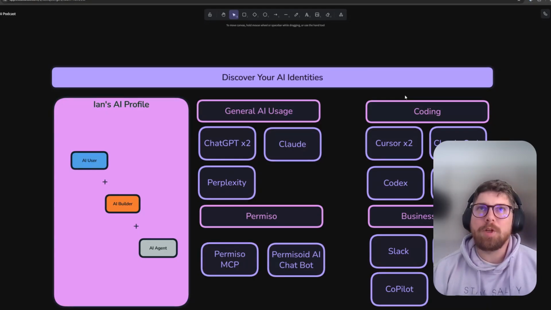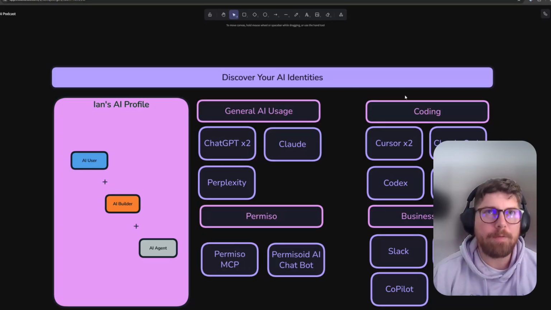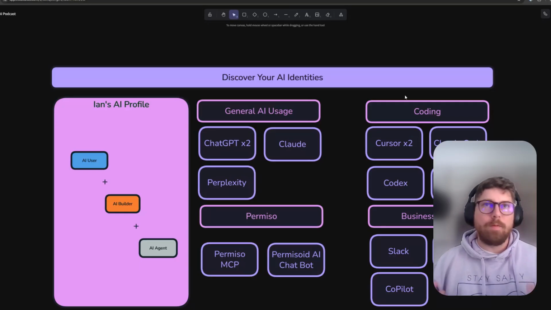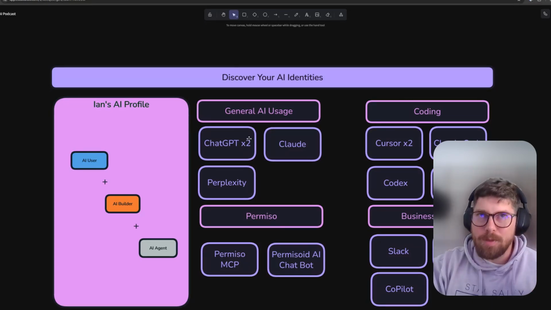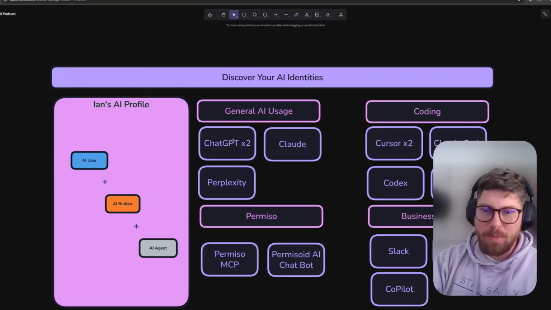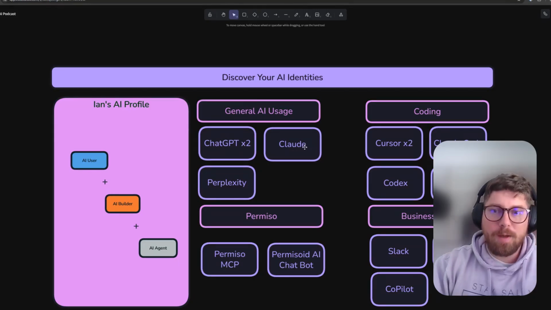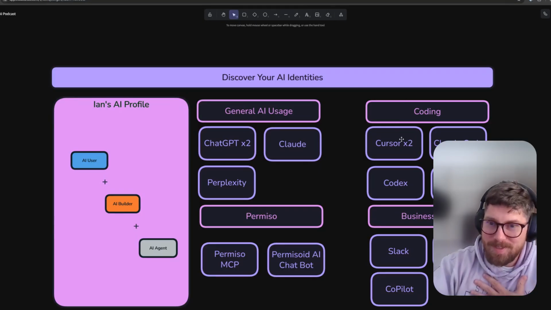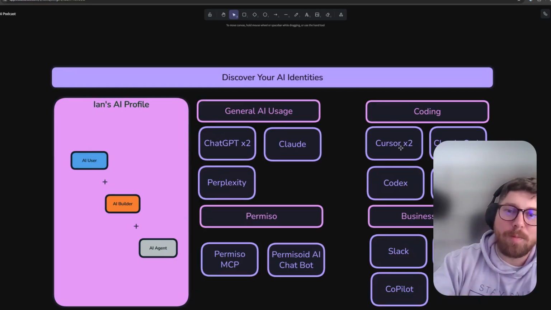So when I started trying to really understand how I could know an organization's real AI footprint, naturally I started off with my own AI footprint. I'm an early adopter. I use a lot of AI-related stuff, and we'll call it out up here. In my general AI usage, I have a federated ChatGPT access through Permiso that I use. I also have my own personal ChatGPT account. I do the same thing for Claude, so I should put a ×2 here. I have my own personal one, and I have a Permiso one. I use Perplexity. On the coding side, I have my own Cursor license for when I'm doing personal projects, and then I have a Permiso Cursor license that I use when I'm doing Permiso-related stuff.